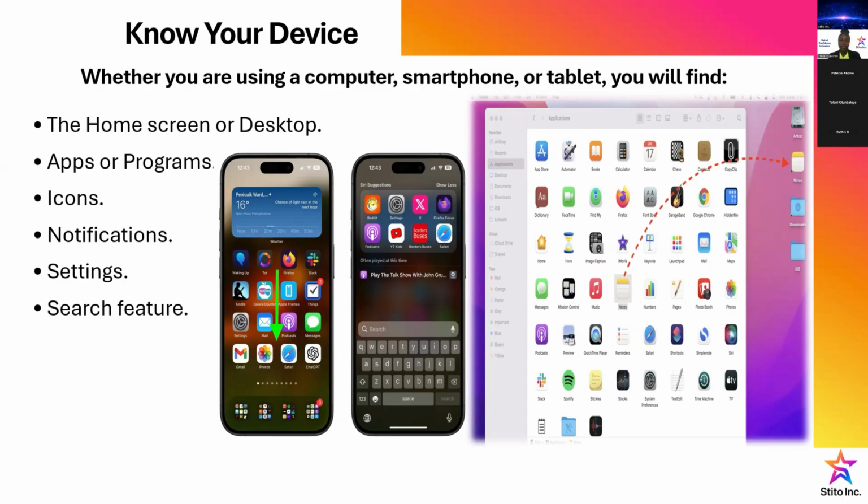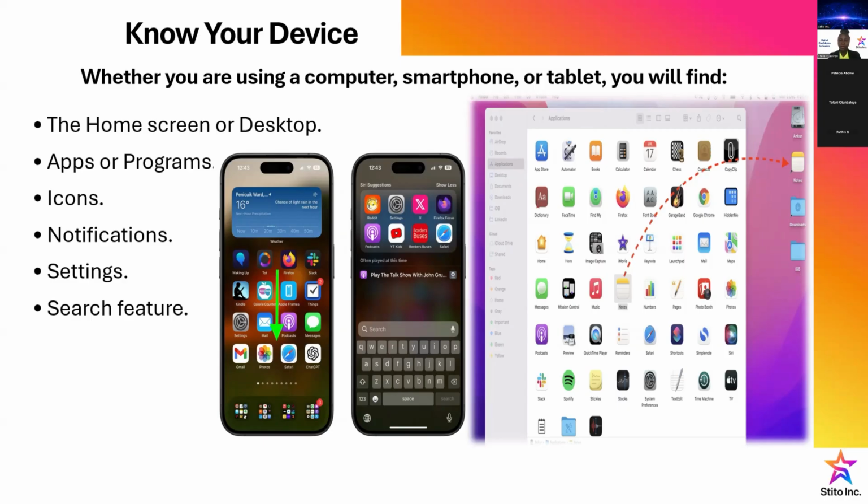Talk about icons. Icons are those small pictures that represent an application, a file, or a folder, where you see the logo of F, where you see the envelope of email or Gmail, where you will see the internet and other things like that. So those are what we call icons. That is what guides us to know which application we are actually opening or are interested in tapping to work.